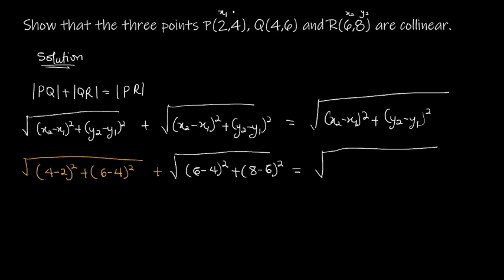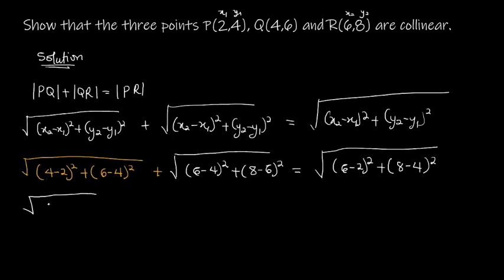This becomes my x1, my y1 now, since I'm using P and R. So my x2 is 6 minus my x1, which is 2, squared, plus my y2, which is 8 minus my y1, which is 4, now squared. So this becomes the root of